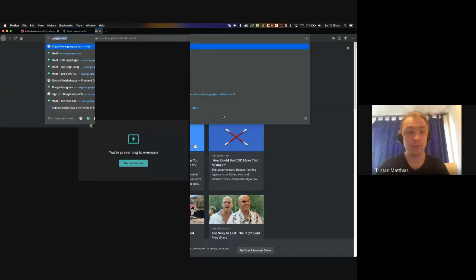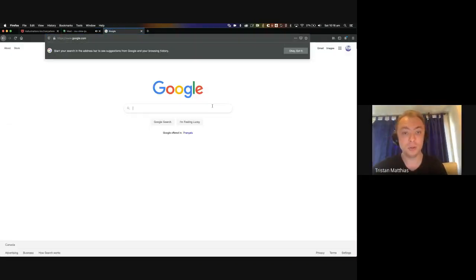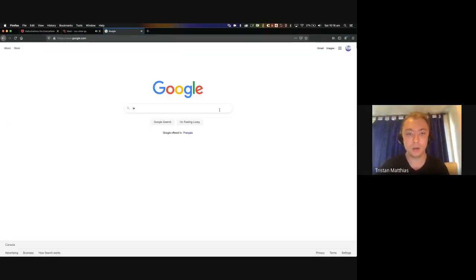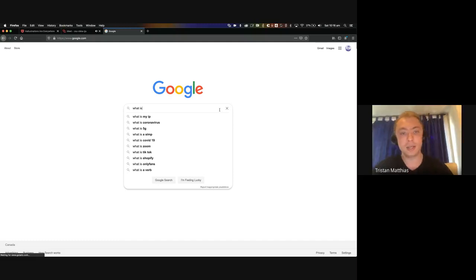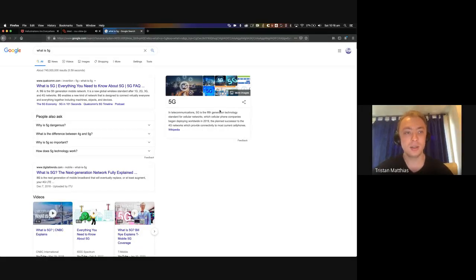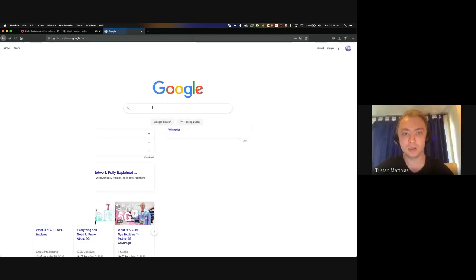Just as an example, if you head over to Google and start typing something like, what is, I can navigate this with my arrows, so I'm not using my mouse here. And I can click on something. What is 5G? And just press enter, and it's selected something. So it's fulfilled. This is what we're going to be building today, not Google, but this little component